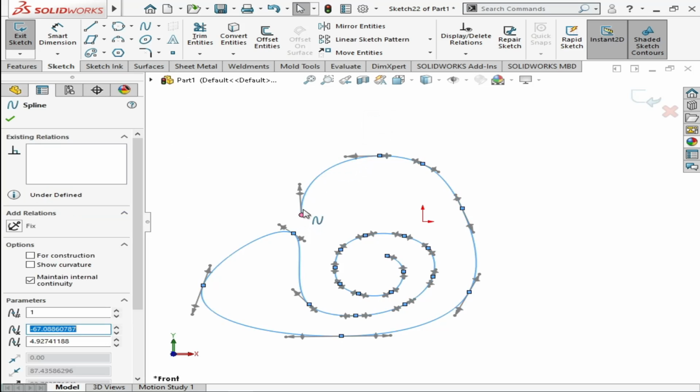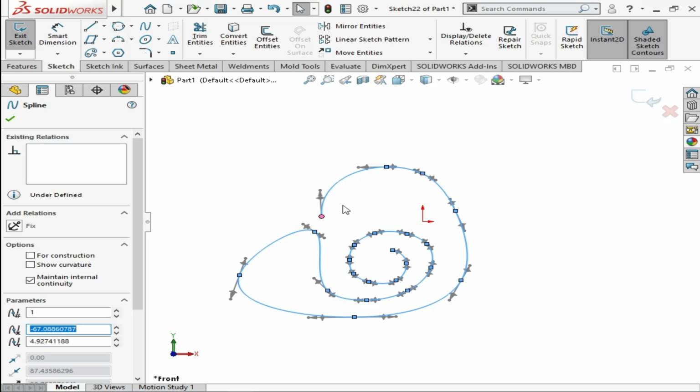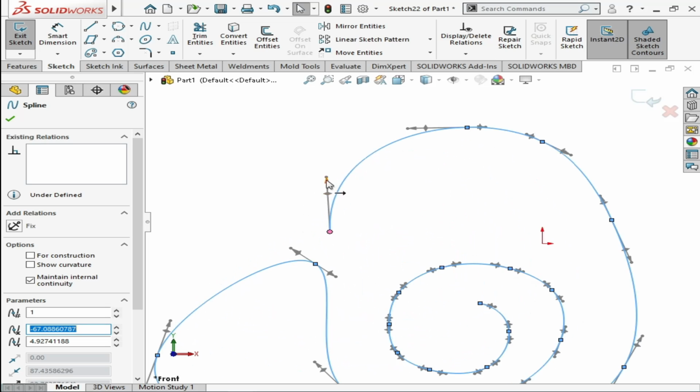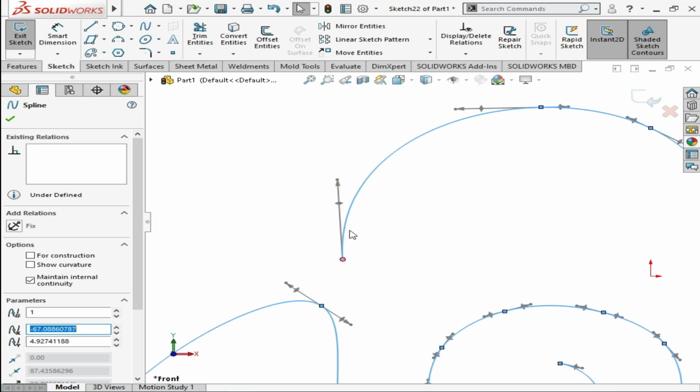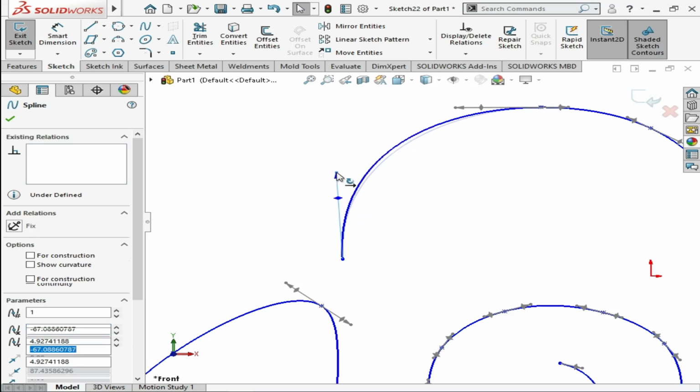After that, when you click on the sketch or the line, you can see that there are some arrows or cursors showing. These cursors are used to move or change the spline curve. For example, the first one is the dot.